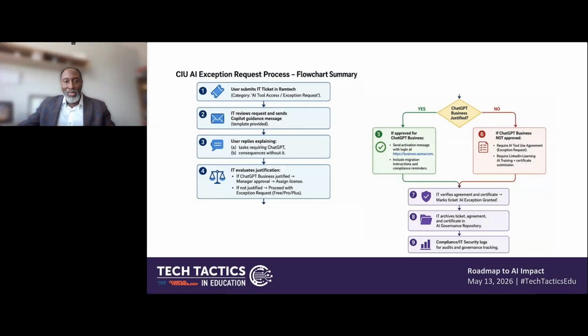The process diagram that you see here is simply in our ticketing system, the person submits the request, IT reviews it and vets it. We use the opportunity to say, hey, do you know about Copilot? Here are the benefits of it. However, if you do need ChatGPT Business, you have to give us a little more in terms of justifying the need. And then, of course, decision tree, if it's yes, it is approved, they get a business license, and we typically send a form that they agree for accepting the risks